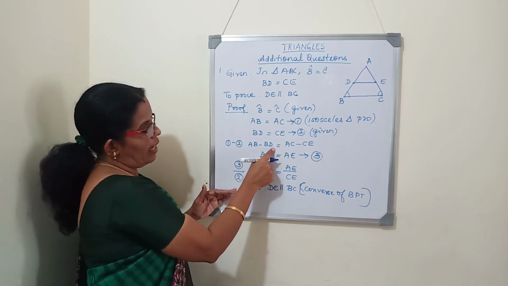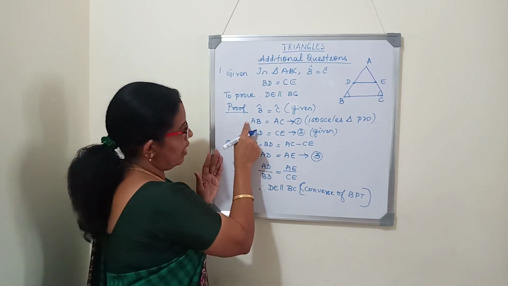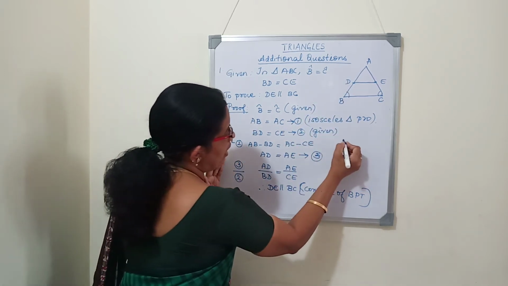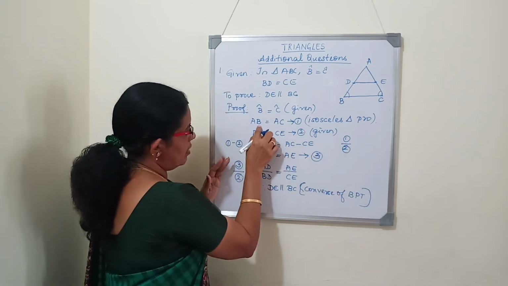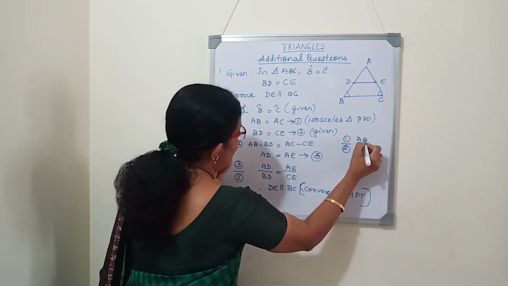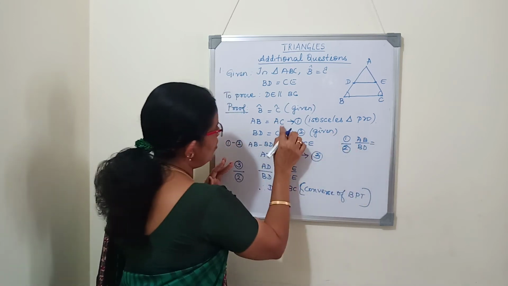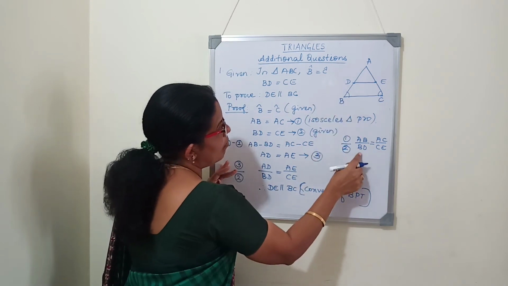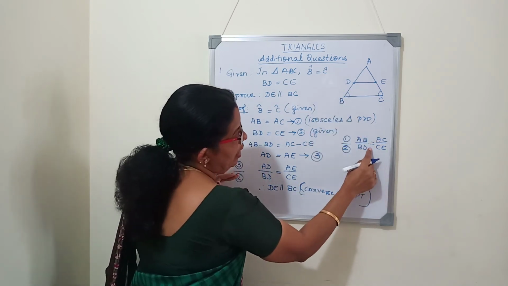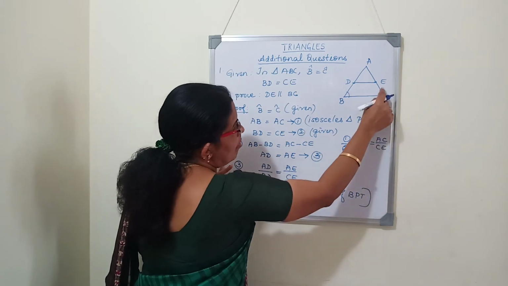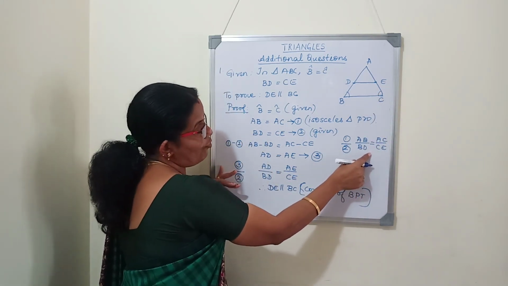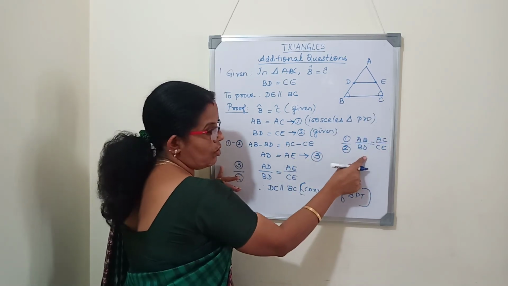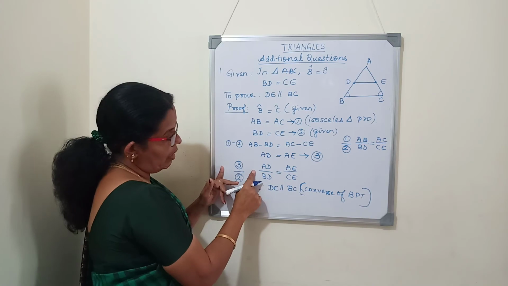Instead of subtracting, if you want, we can directly divide. That is, instead of subtracting and writing AD by AE, if you write equation 1 by equation 2, we will get AB by BD is equal to AC by CE. Now look at the diagram. AB by BD, the whole side over the down part, is equal to the whole side AC by CE. This is a corollary of BPT. So from this also we can write DE is parallel to BC. Directly also we can write, or by subtracting we can apply the converse of BPT.